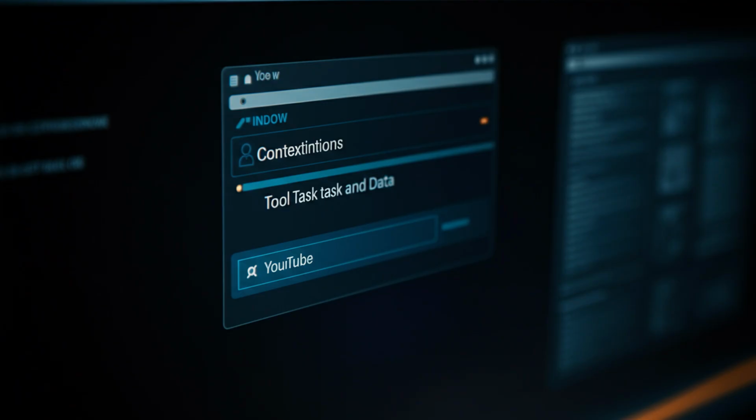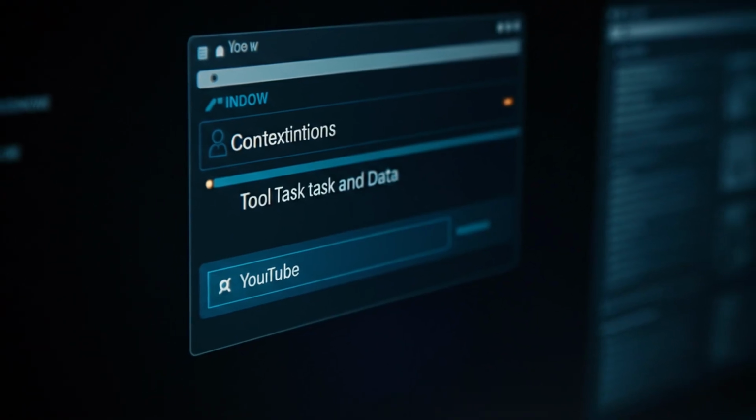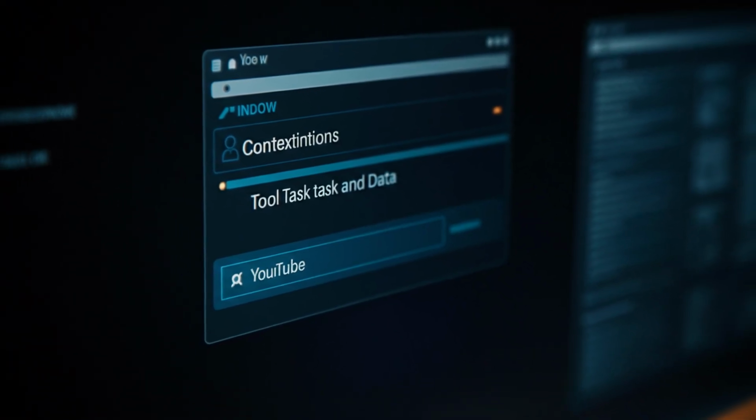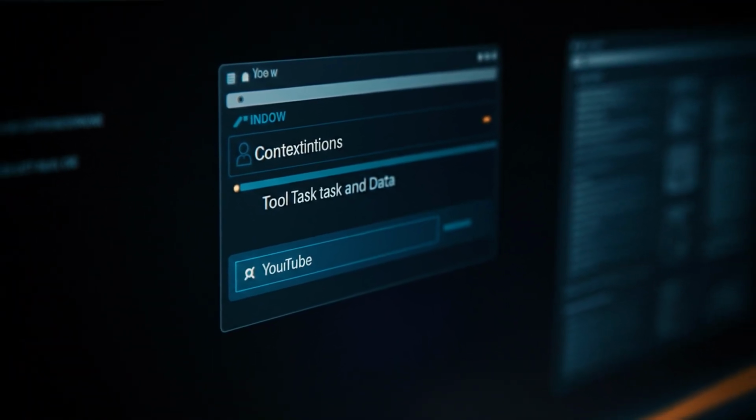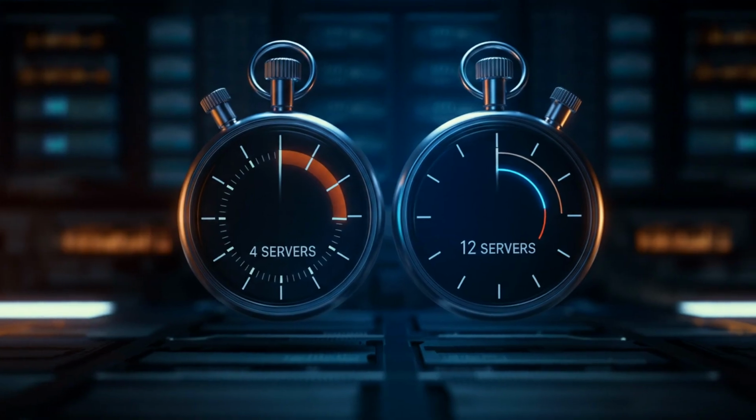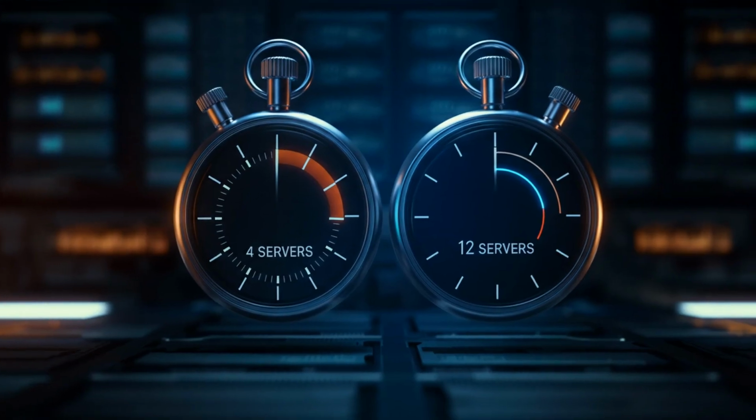This leads to what you can think of as the three horsemen of performance decay. The first is the token apocalypse. 10 to 12 servers can easily consume 1 to 2,000 tokens per request, just describing themselves. You pay for those tokens twice, once in API cost and again in lost space for code, logs, and conversation history. A 200,000 token model sounds huge, but if half of that is boilerplate tool metadata, your agent is working with a blurry, low-fidelity view of your actual problem.